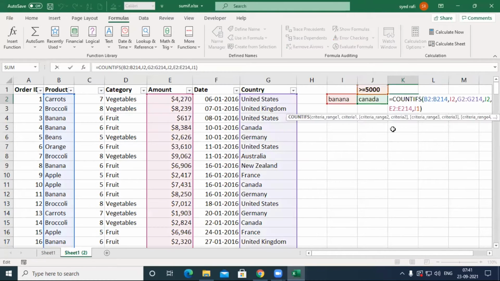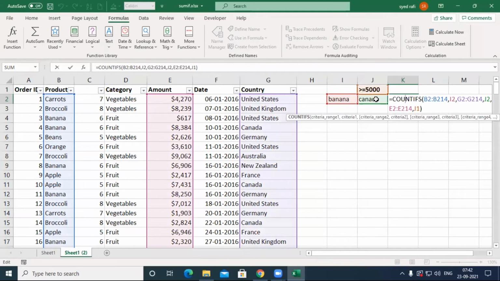So if there are multiple conditions, you may use COUNTIFS. It counts and returns the number. In this way you can give the criteria, and you can also use dates, less than, greater than, not equal to. Here we used 3 criteria, but you may give more than 3 criteria.